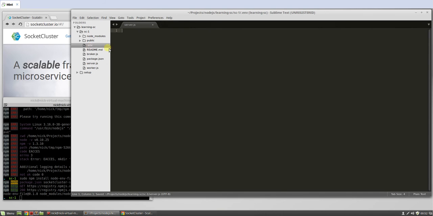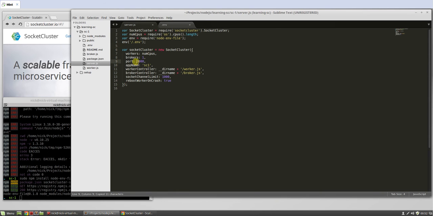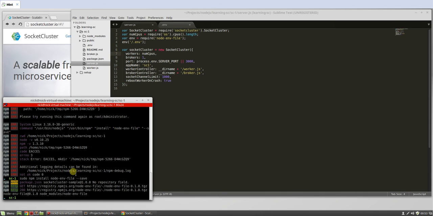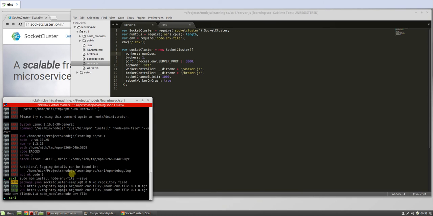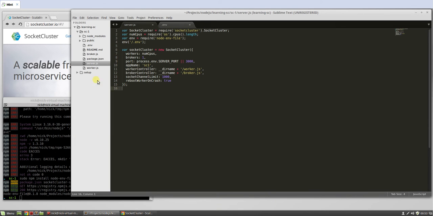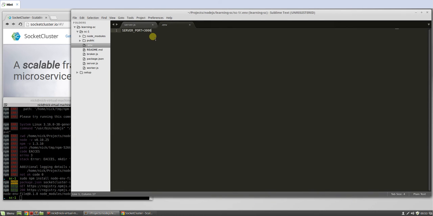So in this env file here, let's do a server port equals 3000. We'll grab this guy here, do server port, process.env.server port. We're good. Okay. So we can actually go into here and we can do like 3001 just to verify it's